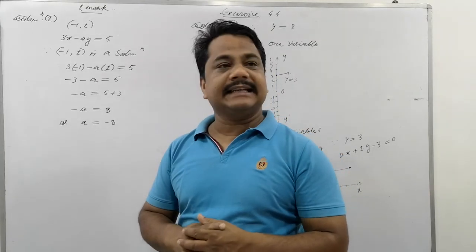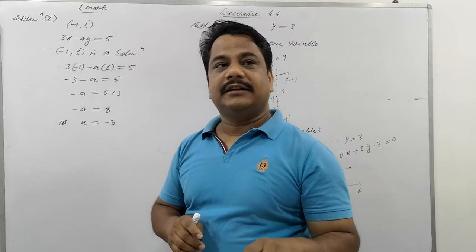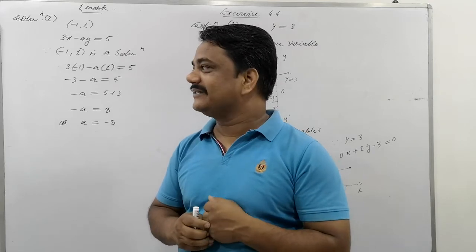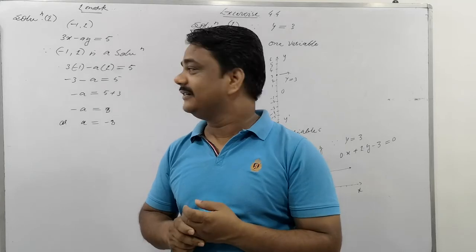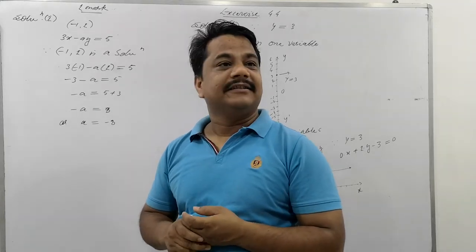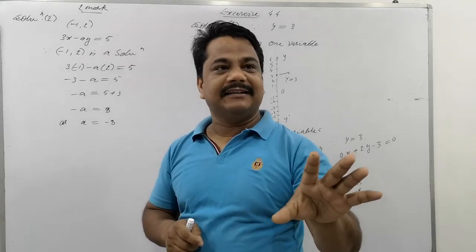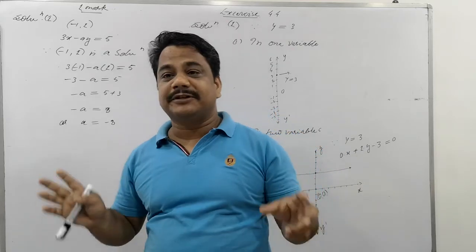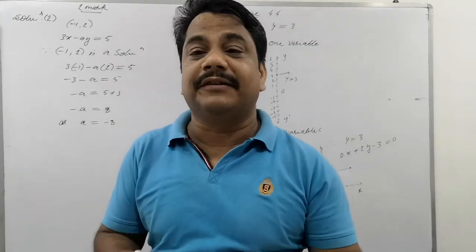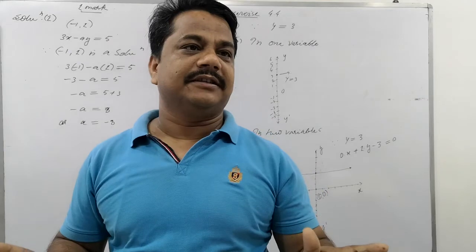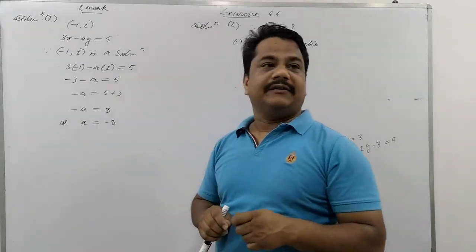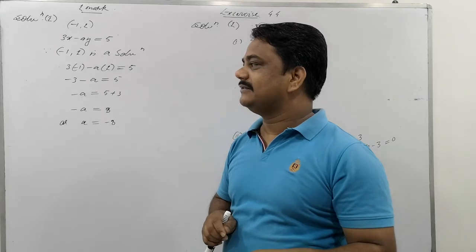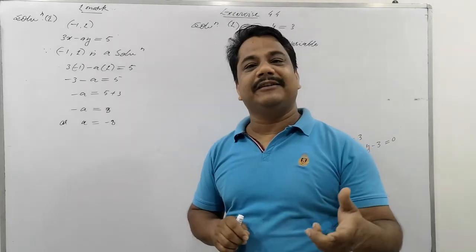Verify that x is equal to 2 and y is equal to minus 1 is a solution of the linear equation. We have to put the values of x and y. The same as here: one operation is there, to substitute the values of x and y in the equation. Same typical questions are here. Is that clear? Now question number 4 you must see: if x is 3, y is minus 2 is a solution of the equation, then find the value of k.